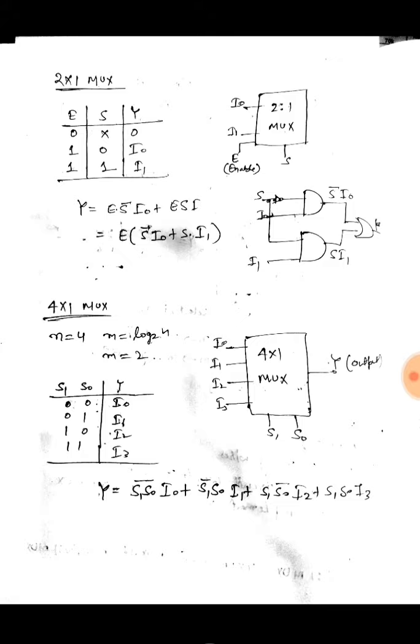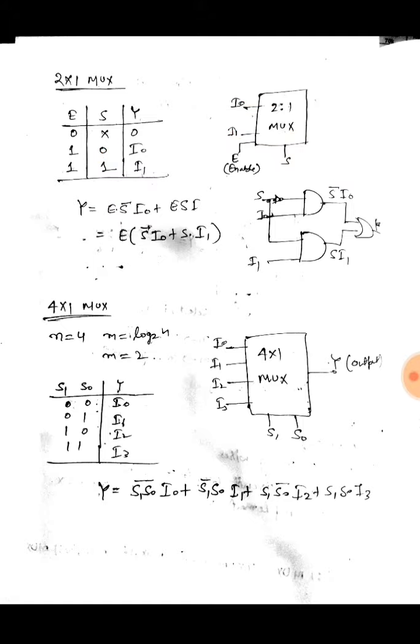For a 2:1 mux, if I am using enable also, that is if enable is high, then only the circuit would work. If enable is 0, whatever the input, Y would remain 0. If enable is not there, then also we can explain our system, but I am using enable. As we are using one select line in 2:1, if S is 0, then the input I0 would come out to the output. If S is 1, then input I1 would come out to our output.